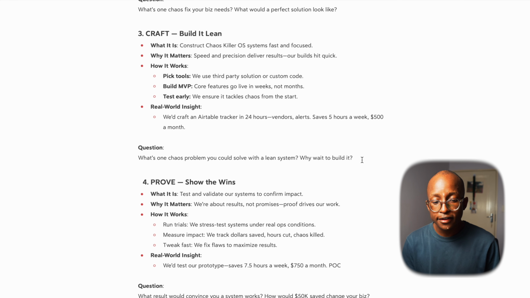And the question that I like to end off with is, what's one chaos problem you could solve with a lean system? Why wait to build it? Because if you build a lean system and you're able to test it right away, you can see, hey, this is working and we're solving the right problems with data backed insights, or we're not solving the right problem. And this allows you, once you have an MVP or a system that is built fast, in terms of not the actual build but the MVP, you're able to see, hey, this is actually working, this is having a result